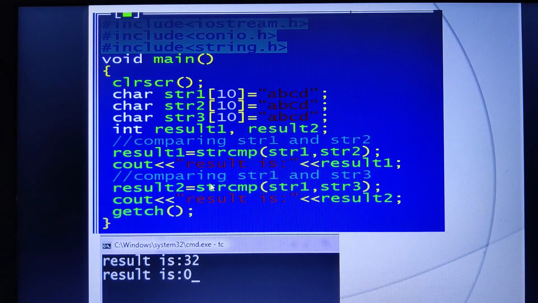The string compare with case ignored also works the same way, but on both sides it would give 0 because it is ignoring the case. It treats all these strings as the same, so both answers would result in 0.